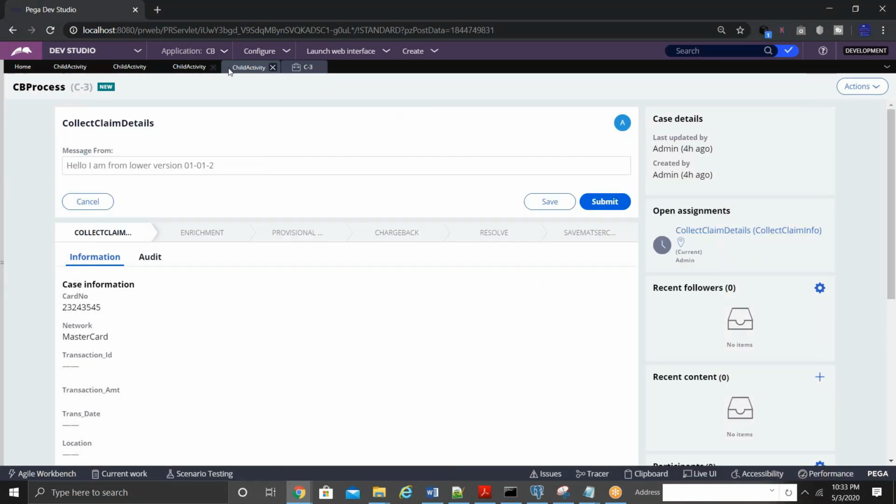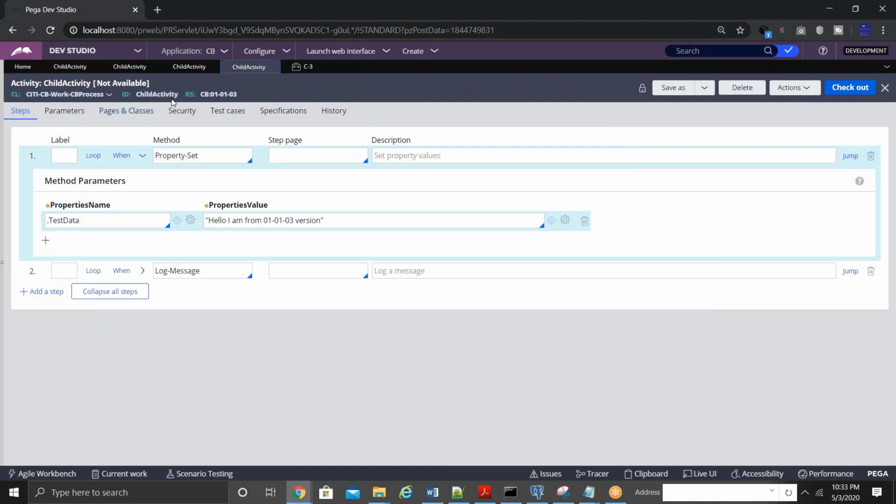Why did this happen? Because you also have a higher version rule. It's because you kept the rule availability as not available. So this version will not be picked. Any lower version which is available will be picked and processed. So that is with not available. It's because your coding is in progress or something has broken. So you want to test how the lower version is working. Just use this not available option.